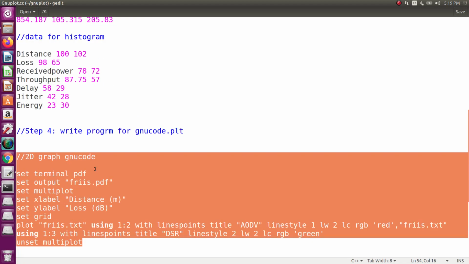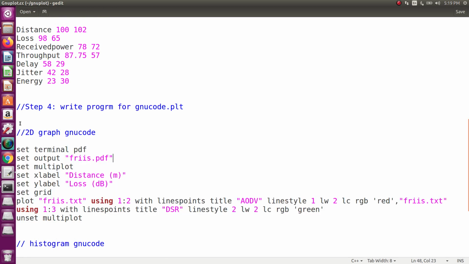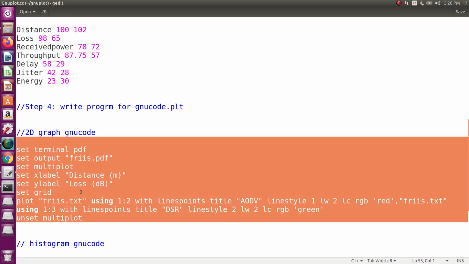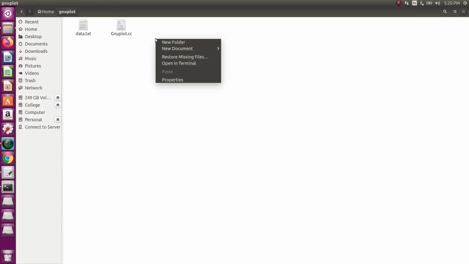In this format you can try. Just copy this code, and I will explain it. Copy this code and paste it in the same gnuplot folder, in a new document.